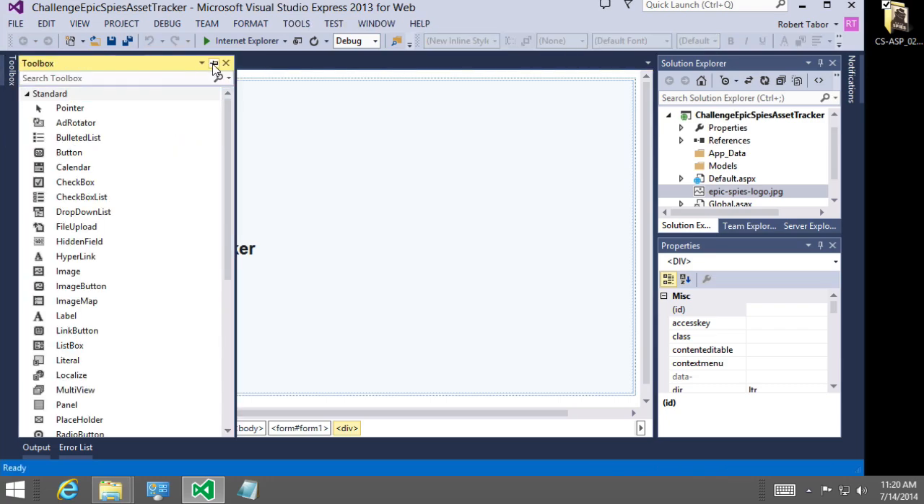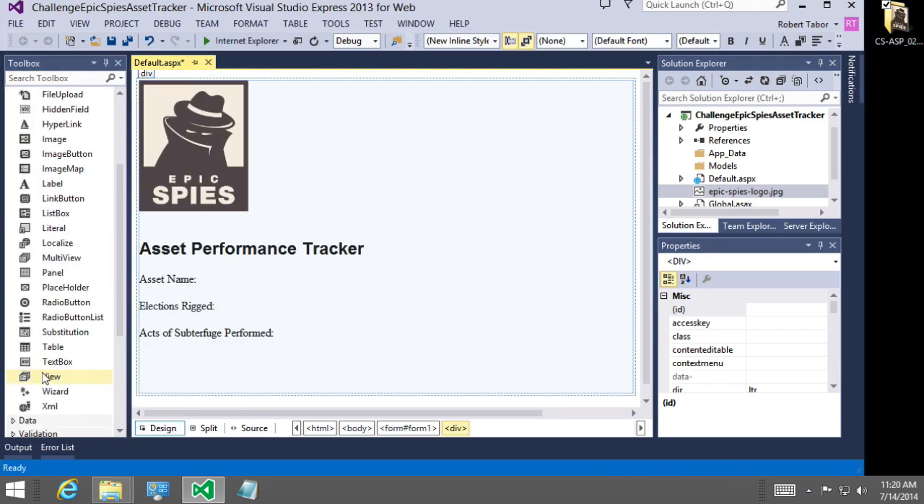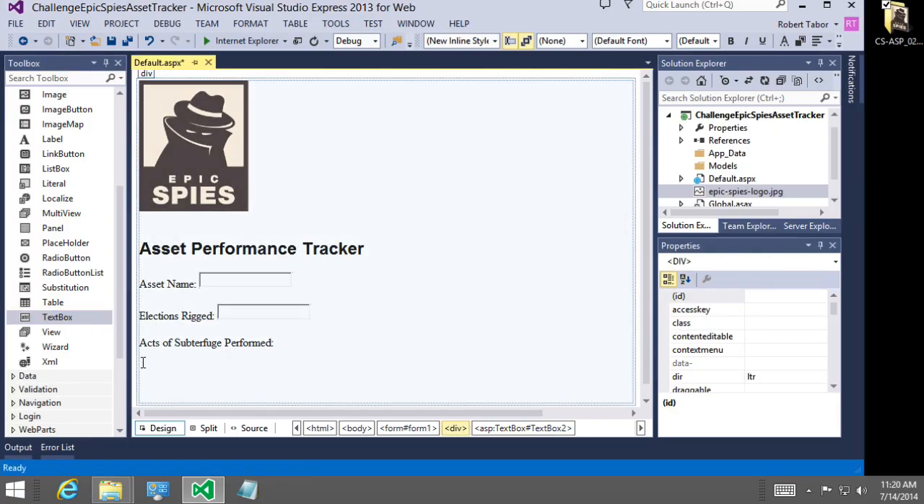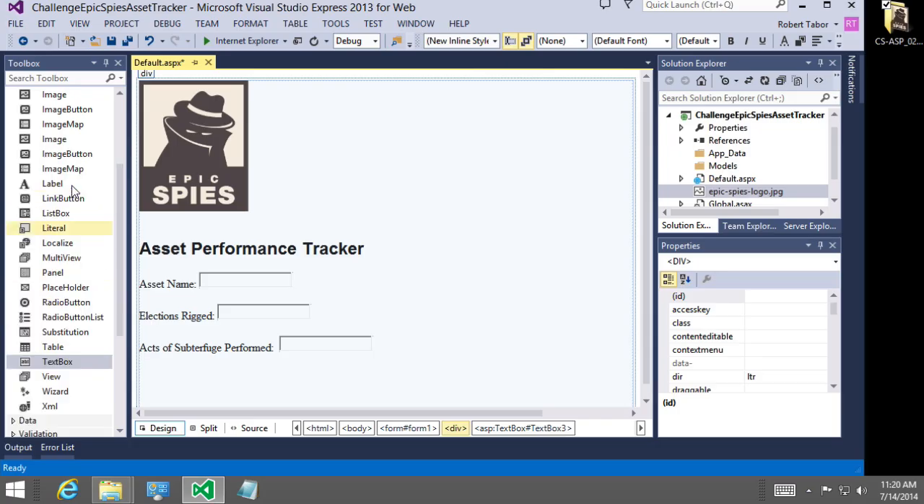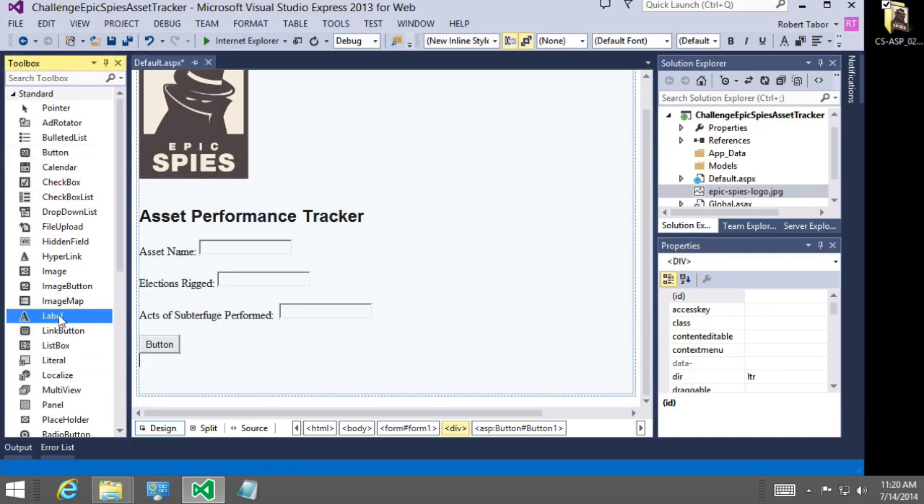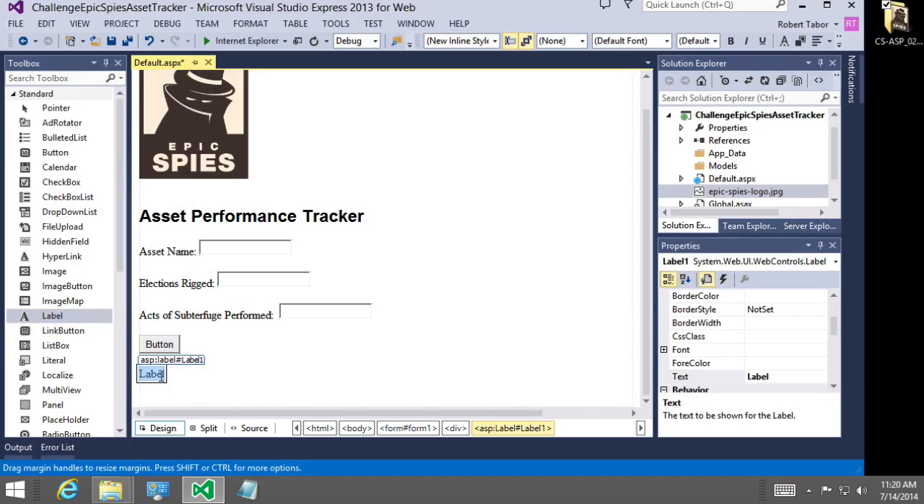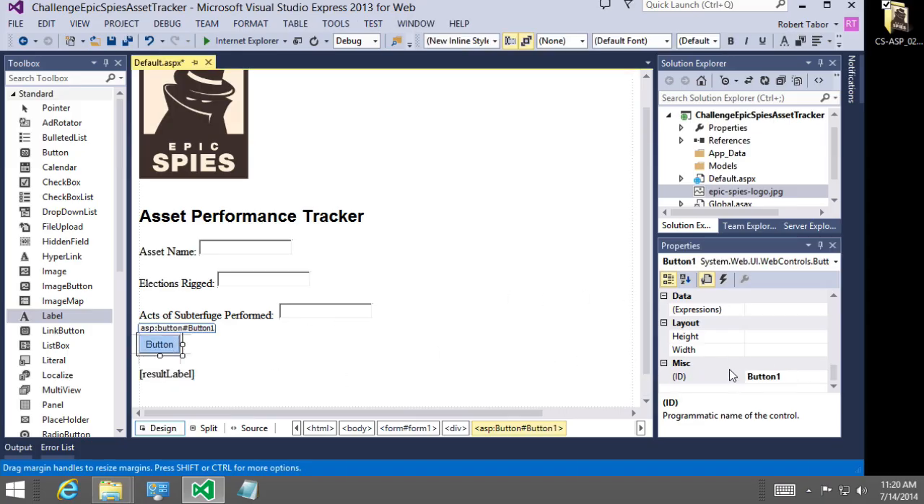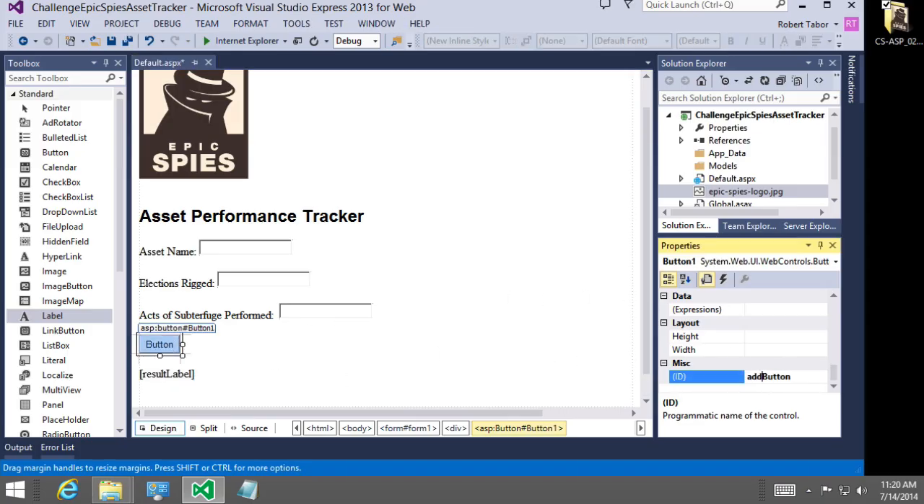So let's go ahead and go to our toolbox at this point, and let's go ahead and double click and add a text box. Another text box, and another text box. We'll add a button and a result label. Okay, and let's start by renaming all these. Let's get rid of the text out of that label. There you go. And we'll call this result label. Let's call this the add button. And we'll change the text on it to say